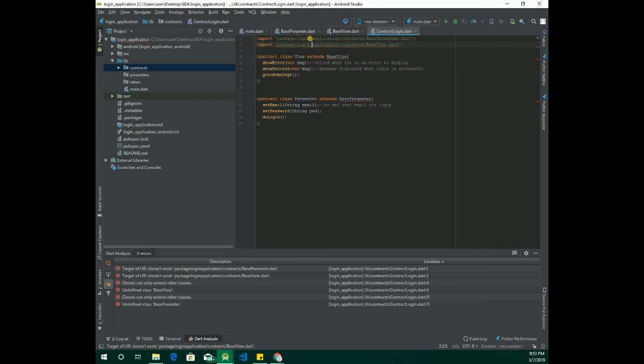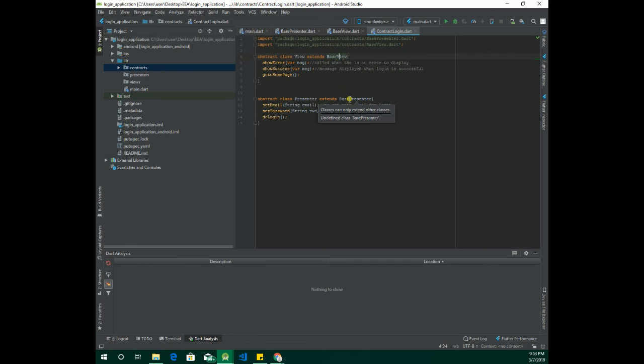I omitted the underscore, so I think it should resolve now. Yeah, it should resolve on its own. Yeah, voila. Okay, so